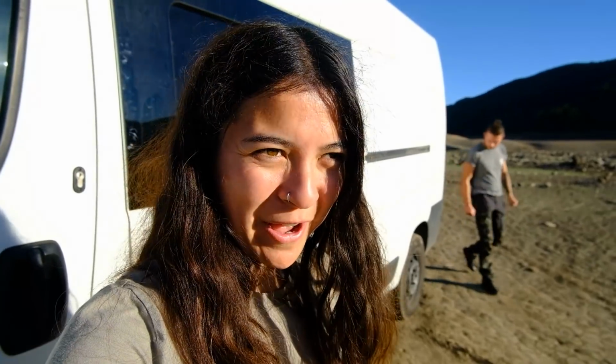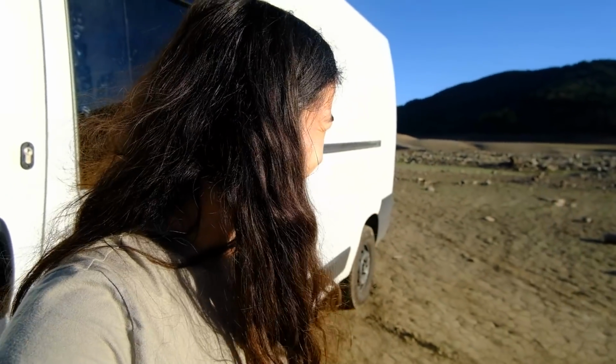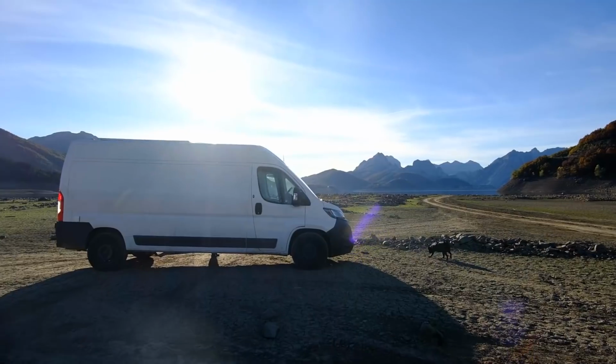We have pulled up at one of the nicest park ups we've ever stayed at, haven't we? Yes, it's stunning. It is amazing. A little bit of a pig's ear to get to, but...